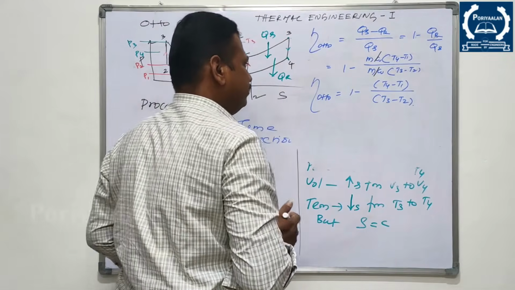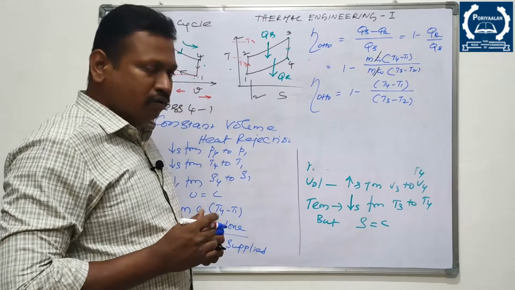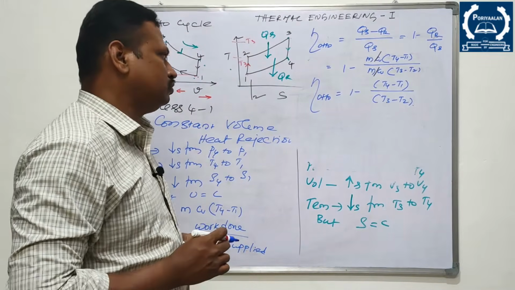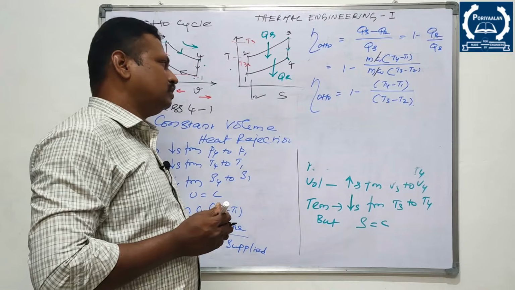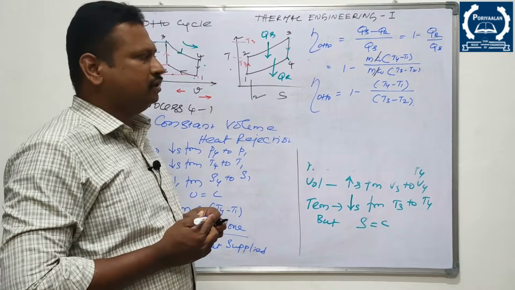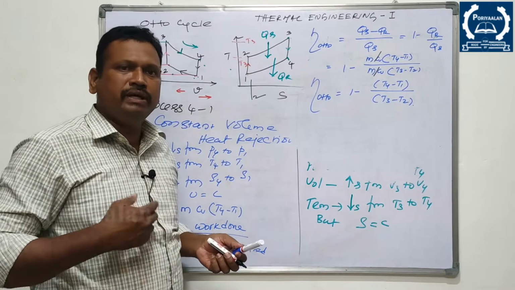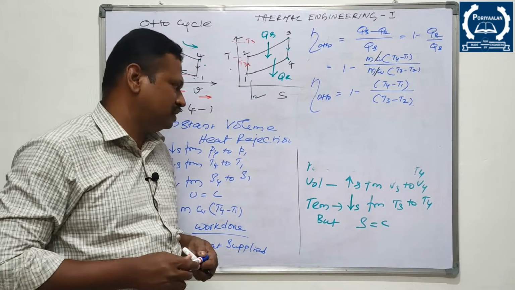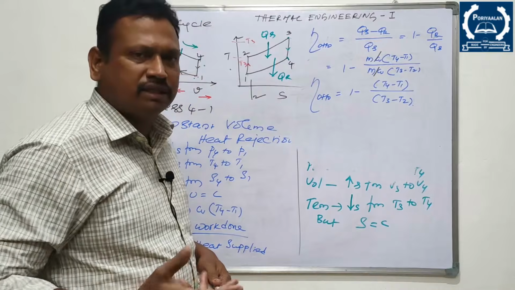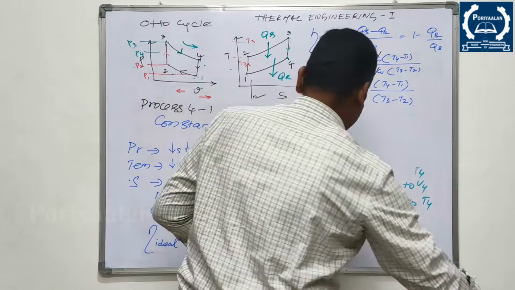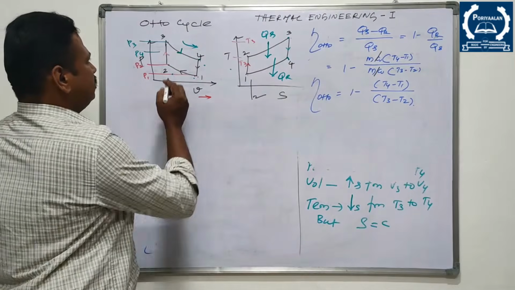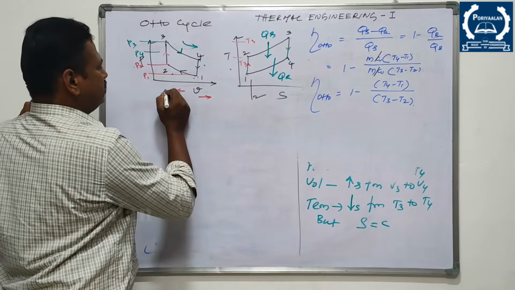Whereas when we are discussing problems, you will be given the compression ratio. So you will not be knowing all these temperatures. In such cases, the Otto cycle efficiency is to be expressed in terms of compression ratio, right? So what is compression ratio? How will we define compression ratio? With reference to this PV diagram, you can see that